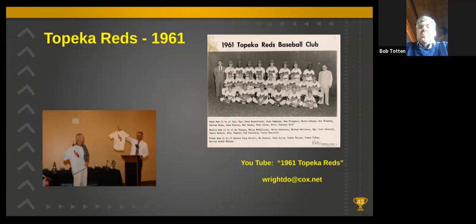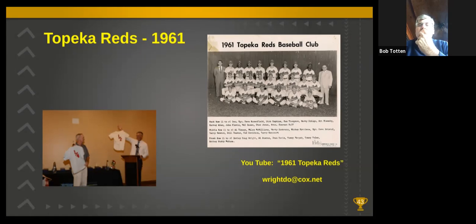And 4 years ago in 2016, that team, the 61 Reds, was inducted in the Shawnee County Baseball Hall of Fame. And that's Bud and me at the ceremony, displaying the jerseys that we were wearing in this photo. Those are the jerseys we actually wore. My number was 1/2. His number was 1. And we actually fit into those jerseys. In fact, they were a little big for us, I think, at the time. But either they've shrunk or we've gotten bigger over the years.